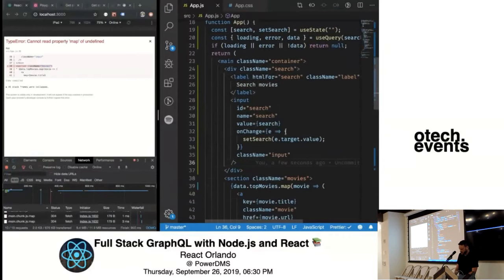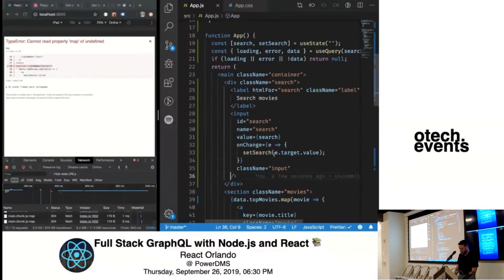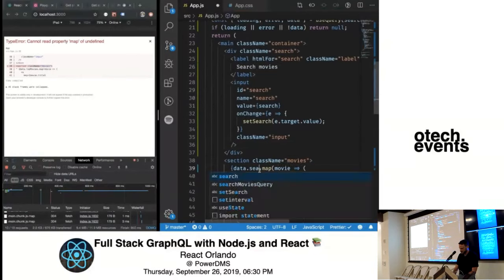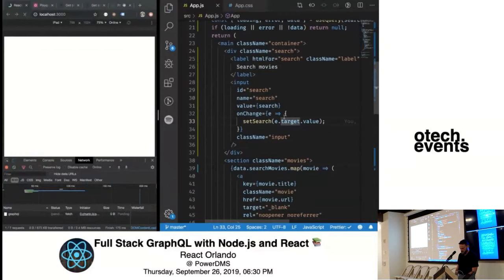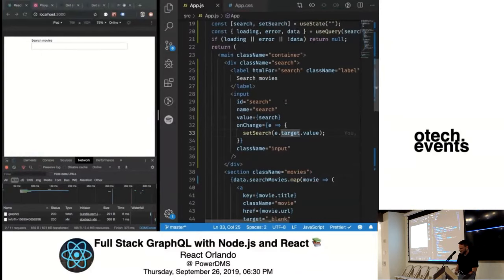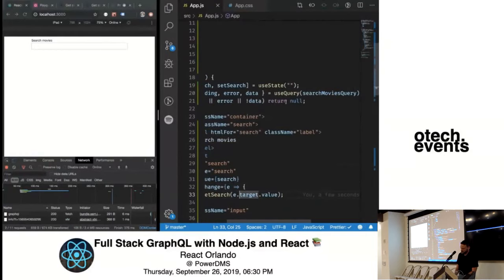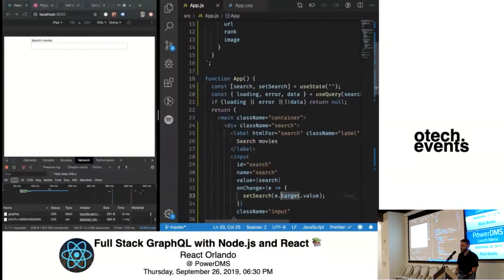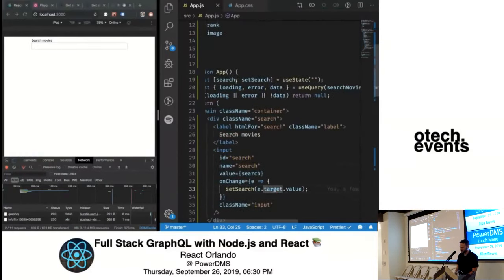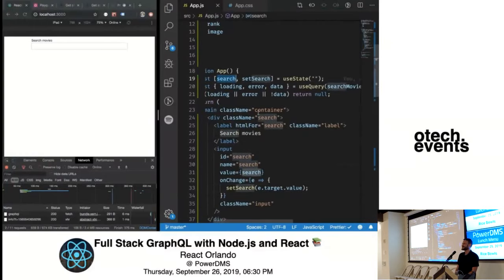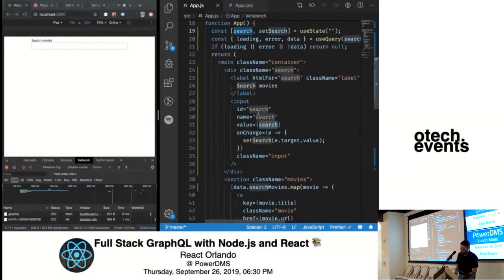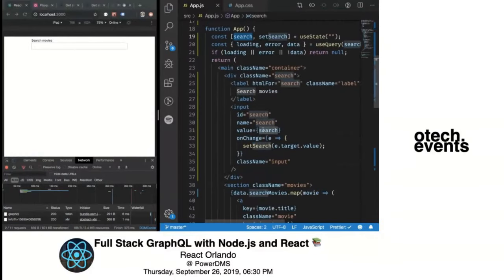Right, so we don't have data.topMovies, but we should have data.searchMovies, or at least an empty array. Yeah, okay, so now we've got an input, and we've got nothing else. So if you are following along with the code, you're probably wondering what we're going to do with this search thing, right? So there are a bunch of ways you can handle